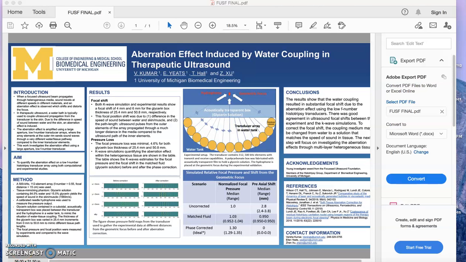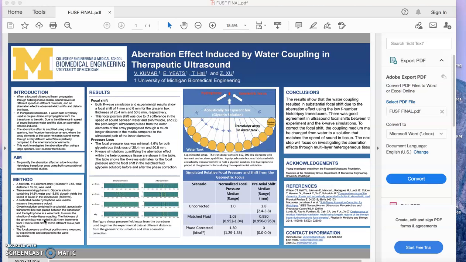Okay, so my study focused on the aberration effect induced by water coupling in therapeutic ultrasound. Our group at the University of Michigan does a technique called histotripsy, in which we use the acoustic cavitation mechanism behind forming a bubble cloud to lyse tissue. In our experiments, we've always used a water bath to couple the ultrasound propagation from the transducer to the